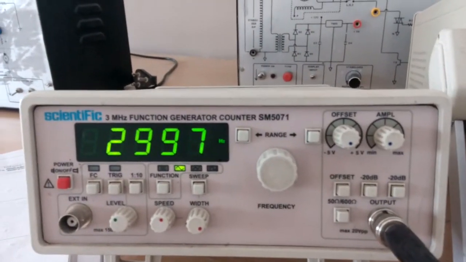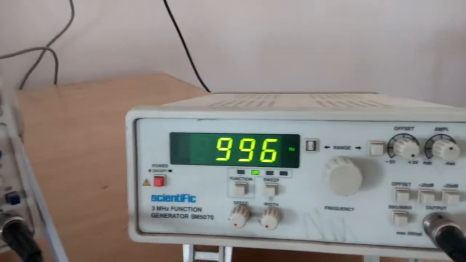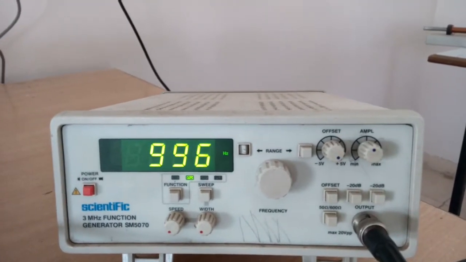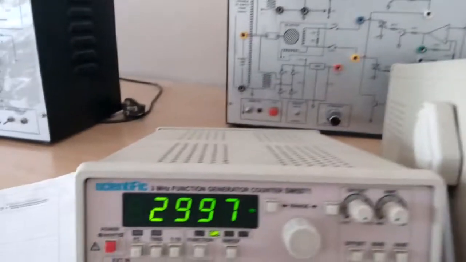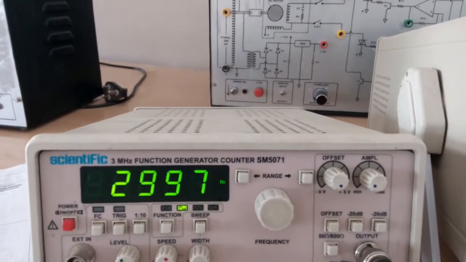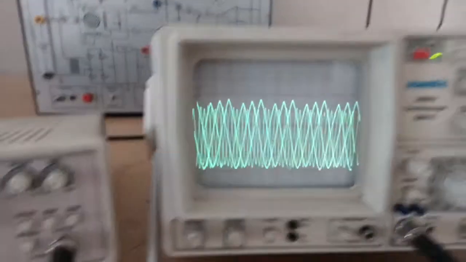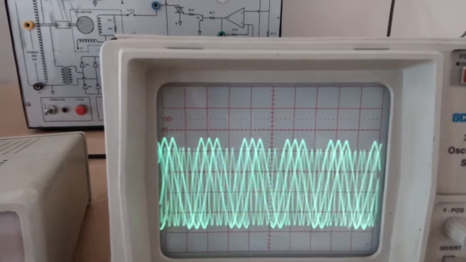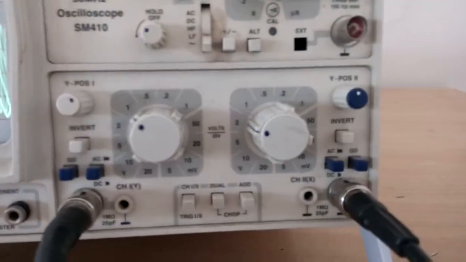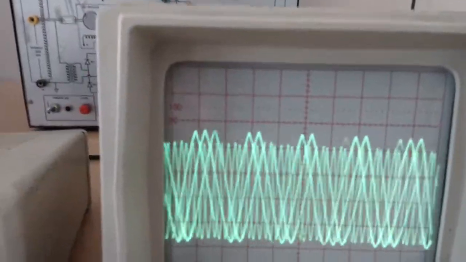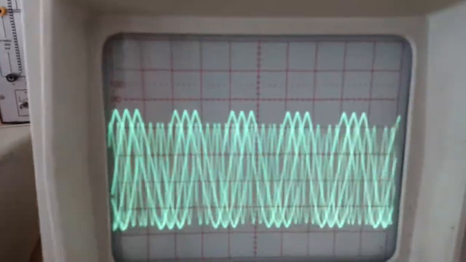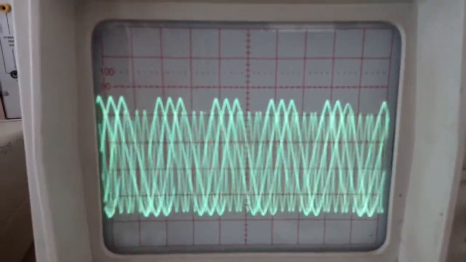So here we are using two signal generators, that is function generator 1 and function generator 2. This will be called as the Fx, that is the horizontal frequency, that is the standard frequency, and this as Fy, that is vertical frequency, which is to be measured. Then using these two signal generators, we are giving the signal to the CRO at both the inputs. So when these two signals are superimposed on each other, we can observe these two signals superimposed on the screen.